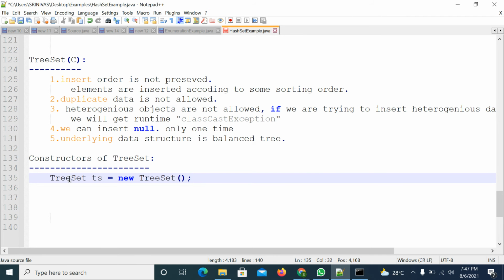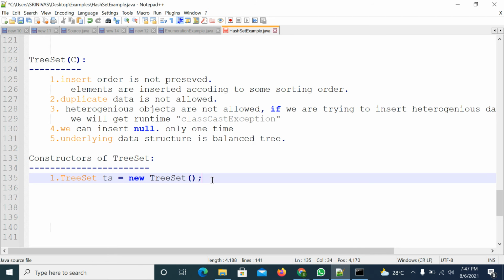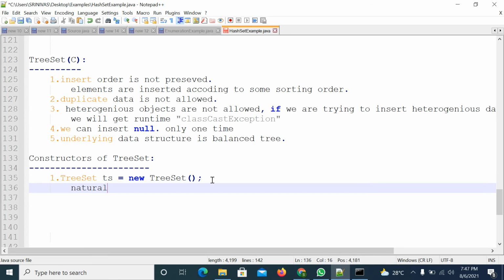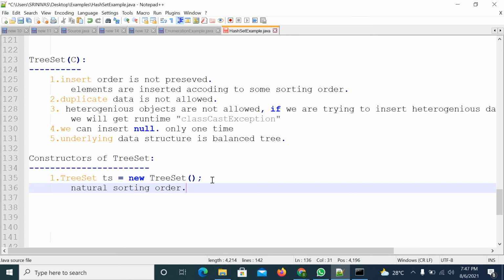If you create it like this, it will create an empty TreeSet that does not contain any elements, where elements will be inserted according to natural sorting order. If you want the elements in natural sorting order, you can go this way. This is the first way, for natural sorting order. It creates an empty TreeSet object that works based on natural sorting order.